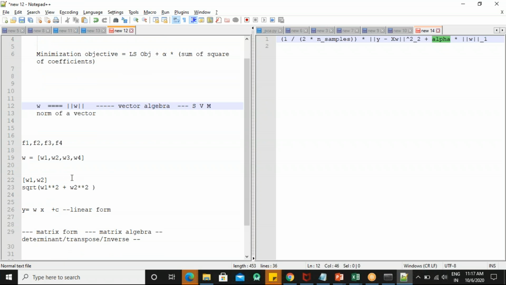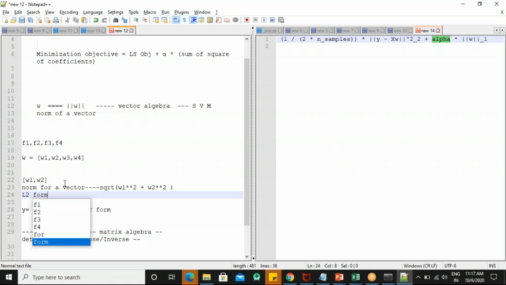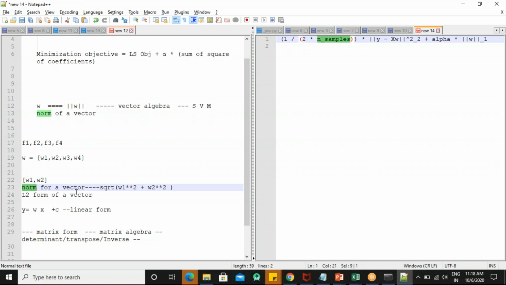ओके, रिज को L2 रेगुलराइजेशन क्यों कहते हैं? बिकॉज नॉर्म ऑफ अ वेक्टर जो हम निकाल रहे हैं, मैग्नीट्यूड ऑफ अ वेक्टर, एक्चुअली दैट इज नोन एज this thing, norm of a vector. Guys, norm of a vector is also known as L2 norm of a vector. So that's why. तो किसी भी वेक्टर की अगर आपसे L2 नॉर्म निकालने को बोली जाती है तो उसको हम नॉर्म कहते हैं, और अगर L1 निकालने को बोली जाती है तो वो मैं अभी बताऊंगा, तो वो इसीलिए हम उसको L2 या L1 कहते हैं कि आखिर हम फॉर्मूला क्या इंप्लीमेंट कर रहे हैं या पेनल्टी फॉर्मूला क्या है हमारा।